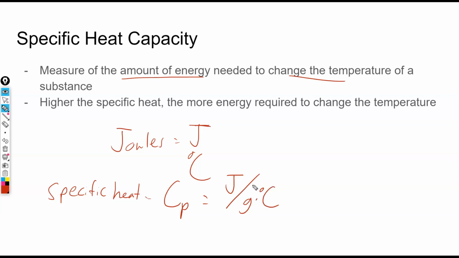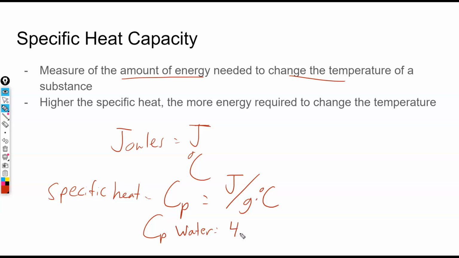So it's joules over grams times degrees Celsius. That means it would take however many joules of energy to raise 1 gram of substance per degree Celsius. A good example of that is the specific heat of water,